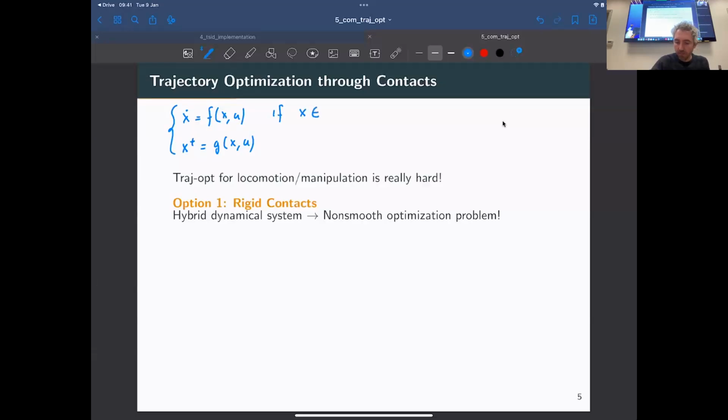So if x belongs to C, or if it belongs to another set, D, you have two sets, and depending on whether the state is in one set or the other, you use